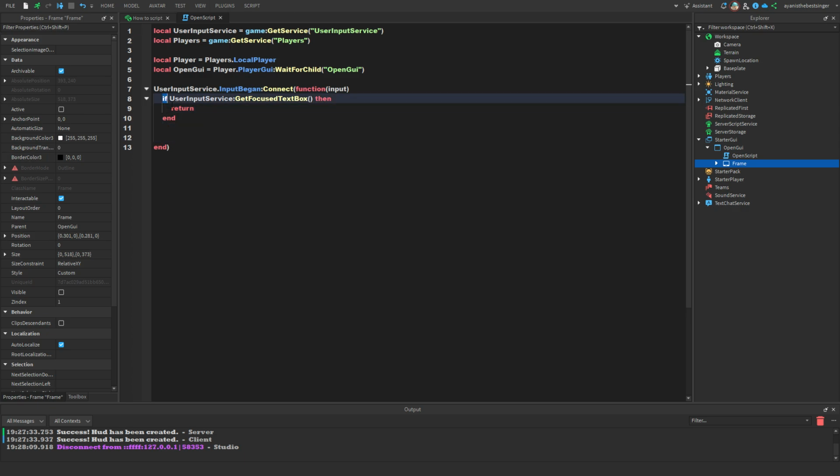But if it's not that, then we're gonna write if input.KeyCode equals Enum.KeyCode.E, then we're gonna write if